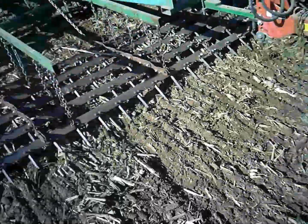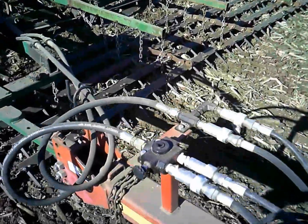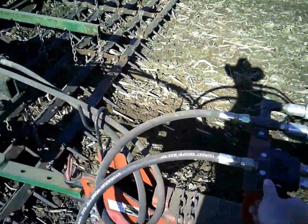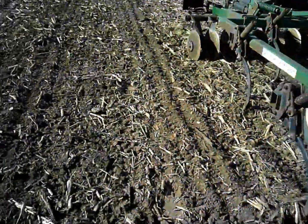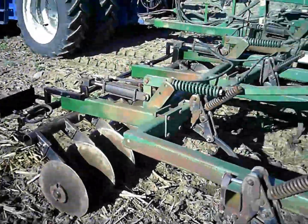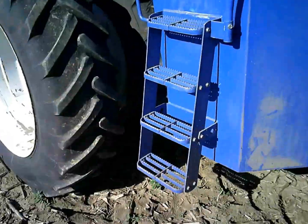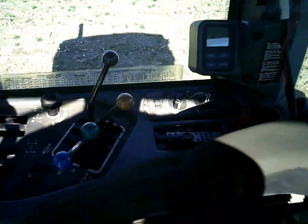Getting it beat down there. Yeah, I suppose we can go ahead and fold it out. Probably be alright. We run these selector valves on there because we use up all 4 remotes when we put the hydraulic pump on there. And the soil finisher really takes 3 remotes to run it, but we've got the wings and the disc gangs tied into one. And we got the fold and the raise and lower on the rolling harrow tied into one. So